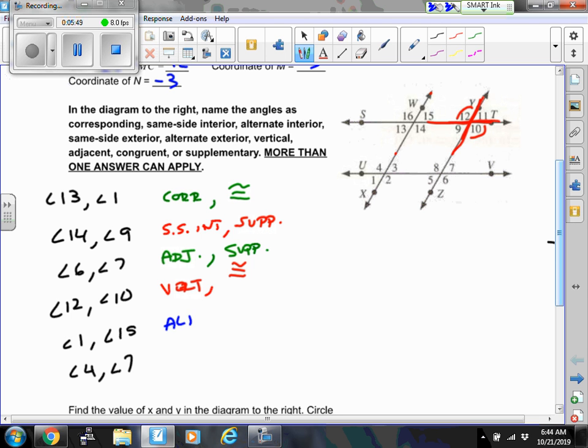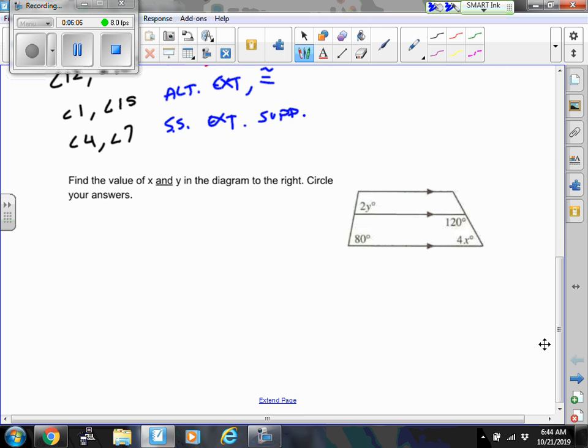Pause, and then check. First one is alternate exterior, and they're congruent. And then the last one is same side exterior. You should try this on your own to make sure you understand them. Okay. In this diagram,